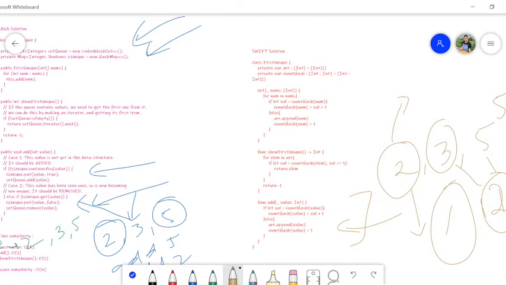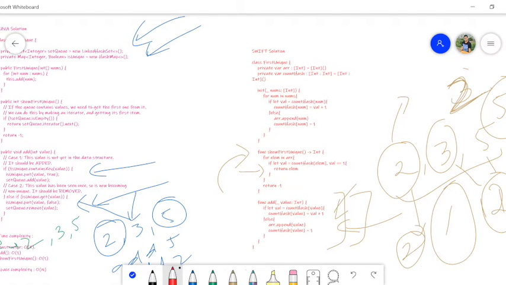For example, when we add this 5, here we increase the count. Now we again add 3. Then suppose we add 2 again. In this, the count increases to 2 for 2. Then we call first unique. In the array, there are 3 elements. Their counts are 2, 1, 2. So what should be the return value? This one only, the 3 with count 1, right? This should be the return value. So it will return the result.